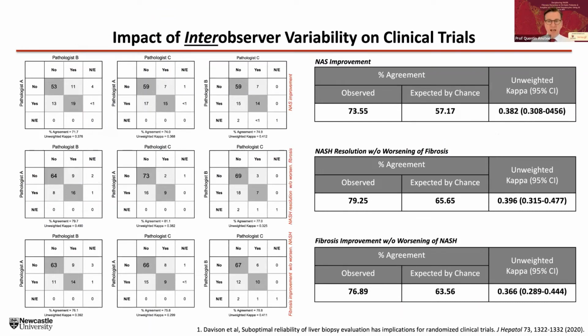Although this particular study has some methodological areas which possibly need some further thought, it does highlight the implications for the conduct of clinical trials in terms of the level of agreement that might be observed, again, amongst expert pathologists. But one of the questions here is: is this variation in agreement a function of how the scoring system has been designed? Is this a problem due to how the score is allocated? Or is this something more fundamental related to how balloon cells are perceived by expert histopathologists?